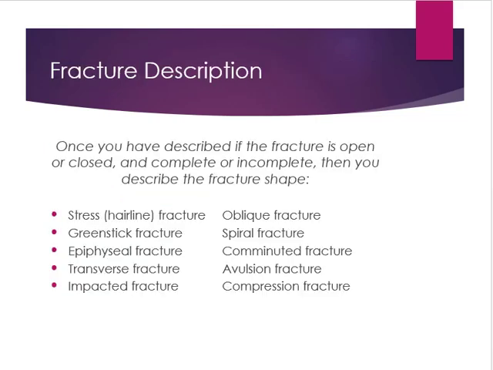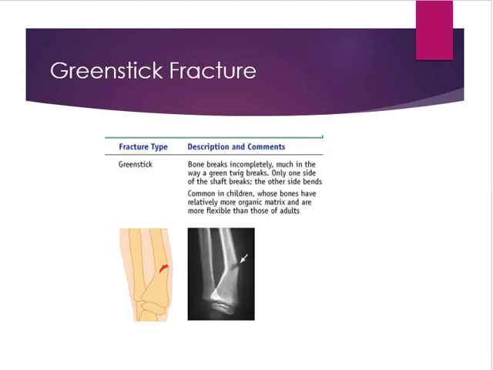We have different fracture descriptions, and once you've described the fracture as either open or closed, complete or incomplete, then you describe the fracture based on its shape. And there's different ones that we'll see: stress, greenstick, epiphyseal, transverse, impacted, oblique, spiral, comminuted, avulsion, and compression. So we have a greenstick, and these are pretty self-explanatory, but you can see where the break is not